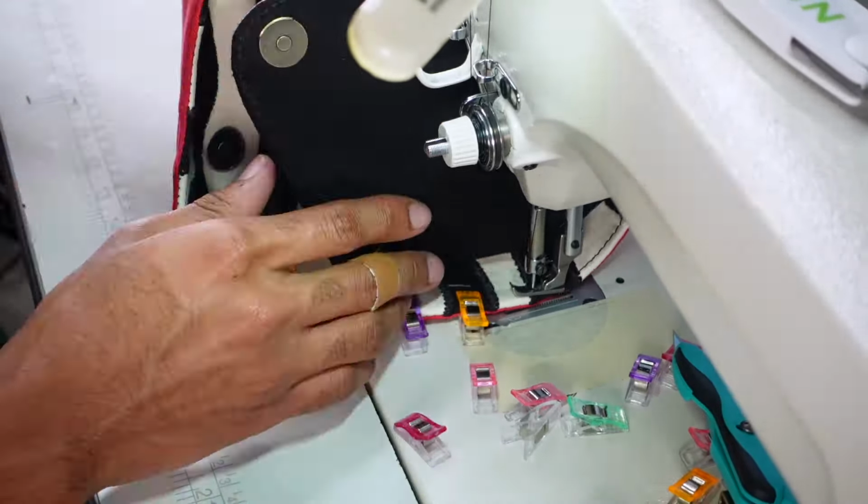All right, so it is the next day, and I went ahead and did the top stitching and everything, closed off the lining, and doing the top stitching was annoying. I had to seam rip 3 times. You won't be able to see it in the last clip because it's one final clip, but I had to seam rip 3 times and redo it, and it was annoying. It was a little difficult, but it looks